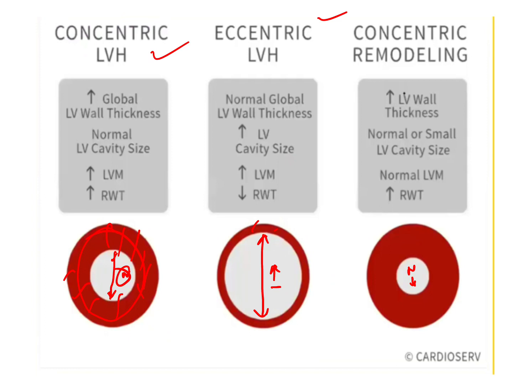Whenever there is eccentric LVH, as if this is a sternum and this is the heart, this is the hypertrophy of the left ventricle. If the cavity size increases, then the ventricle reaches near the sternum. So whenever any lead is placed here, it will give more deflection. Since there is increase in size of the cavity, there is increased quantity of the blood